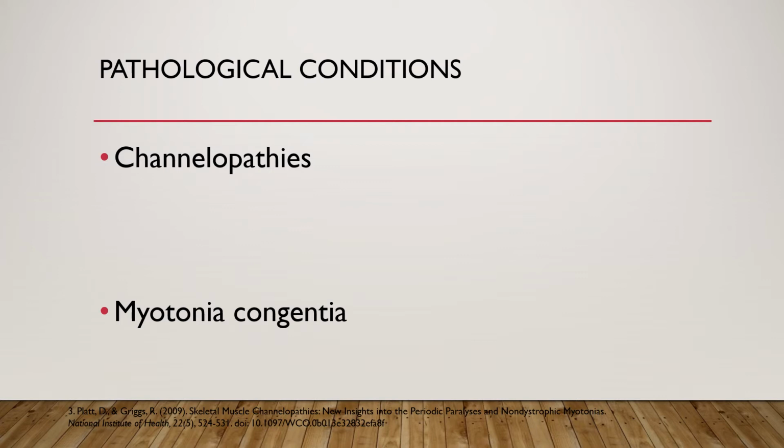Some pathological conditions associated with chloride ion channel impairments or mutations are known as channelopathies. Myotonia congenita is the most common type of skeletal muscle channelopathy and is caused by mutations in the skeletal muscle voltage-gated chloride channel gene. In myotonia congenita, when we reach the action potential threshold, we have the normal opening of